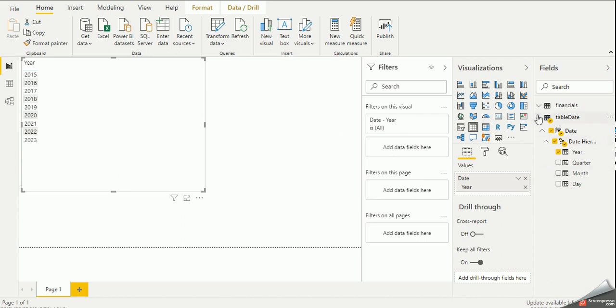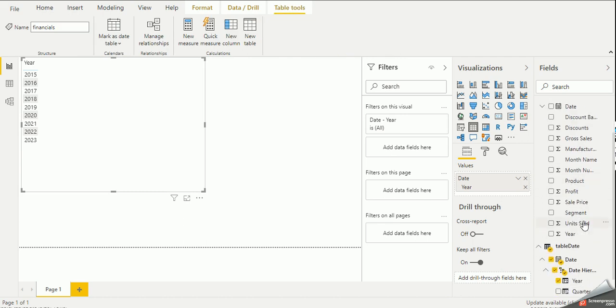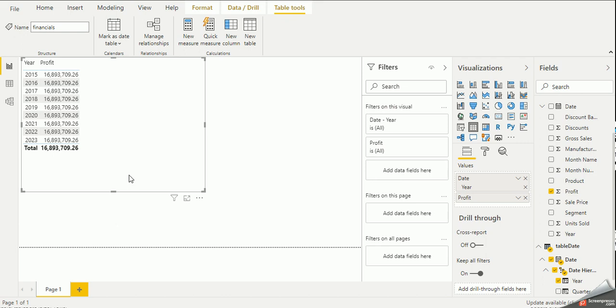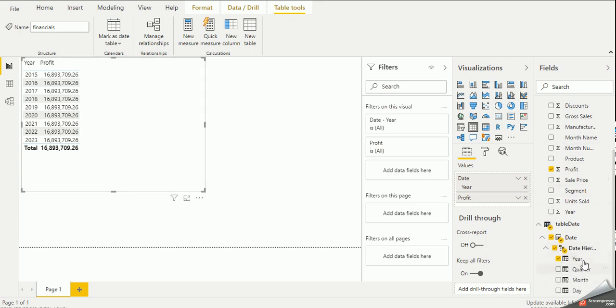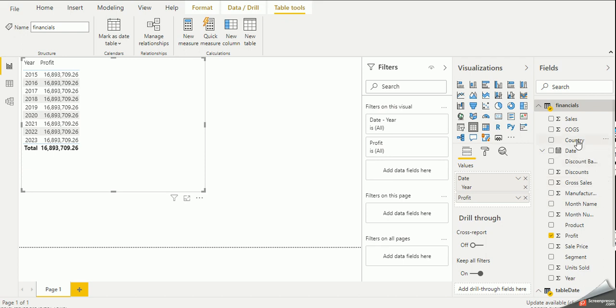Now there is a measure. You can see we can call the measure the statistic or numerical data or float data. So profit is our measure, and these are subjective areas: year, quarter, month, name, country, and these sorts of things are our dimensions, or subjective areas, which define the measure surrounding that subject area.